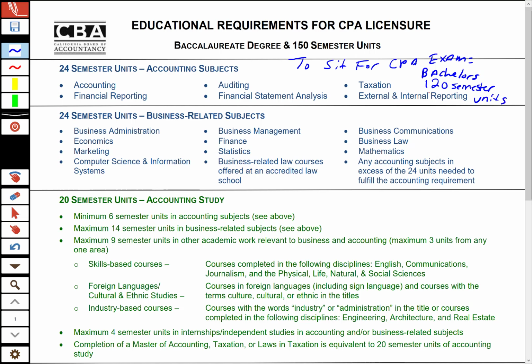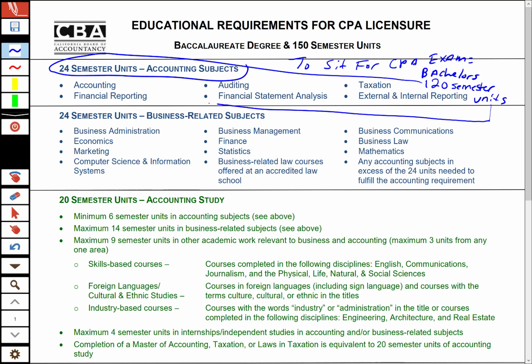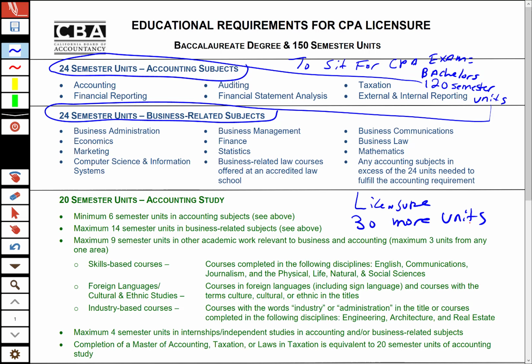Okay. Now they tell us that those 120 semester units, 24 are to be accounting, 24 are to be business. So with that alone, bachelor's degree, 24 units of accounting, 24 units of business, you can sit for the exam. Okay. Now, when we go for licensure, they expect us to have 30 more units. Okay. Thus the so-called